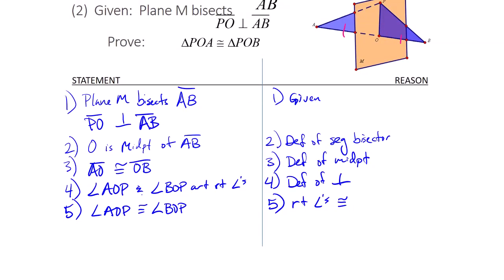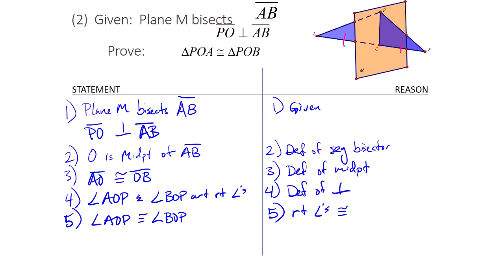Okay, so now that we've proven that this angle and this angle are congruent, they're right angles and they're congruent, right? So now we just need one other side, right? And one particular side. If we have a side here and this angle, that means we need this other side to be congruent, right? And the same thing in the other triangle. And luckily for us, this side is shared, right? So for statement 6, we can say that segment PO is congruent to segment PO,